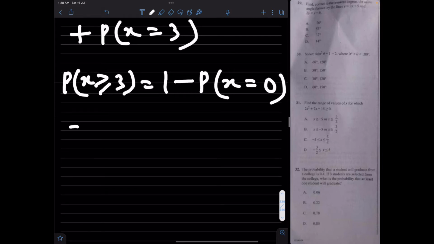That's a simpler method, and that simply means 1 minus the probability that none of them graduates, which is 3 combination 0